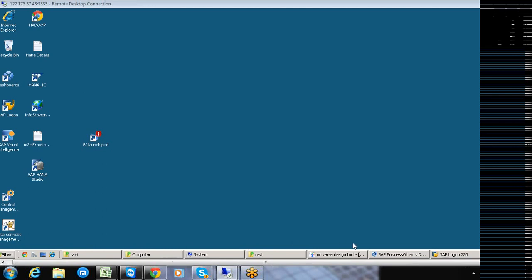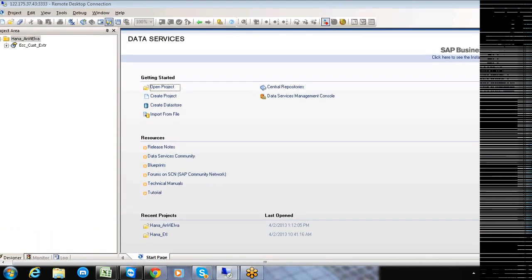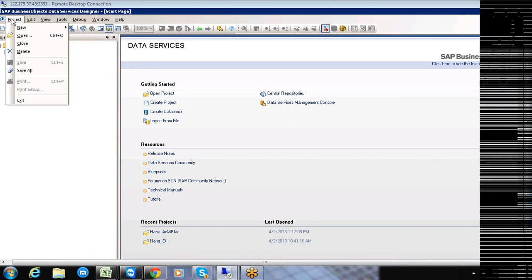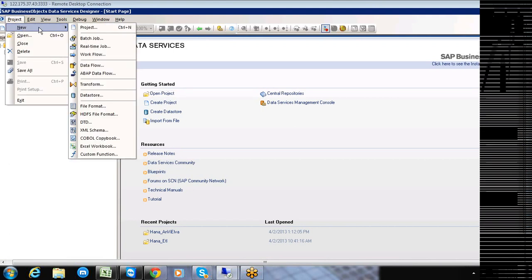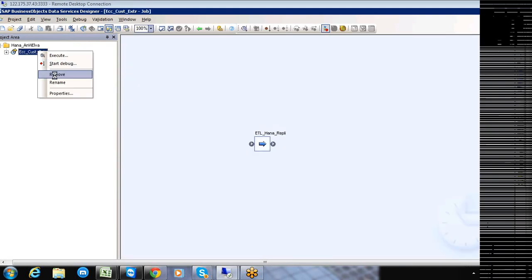Okay. Now we go on to this BODS. So let us start creating this particular project. This project was created yesterday. Project creation is a straightforward approach. What we do is you go to the project, click on this new, and then we start creating the project. Once the project is created, assume that this is not there.